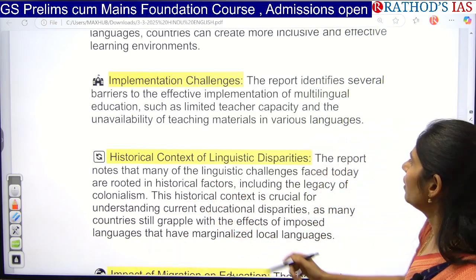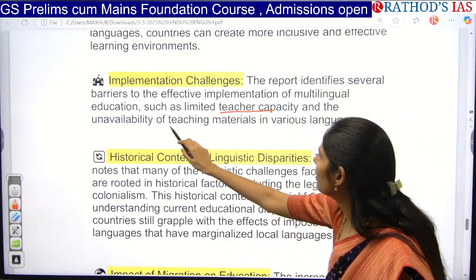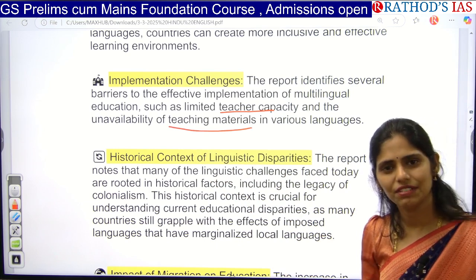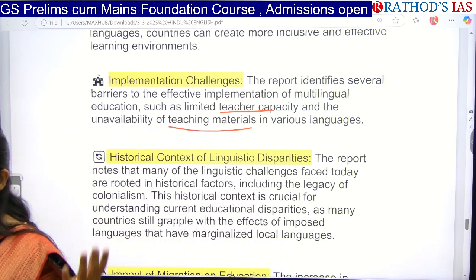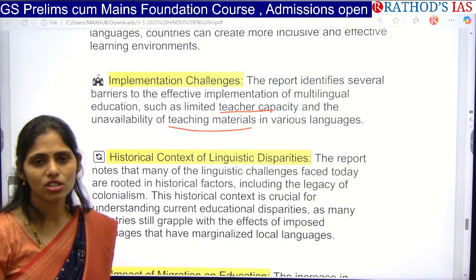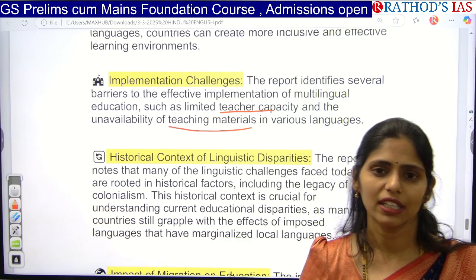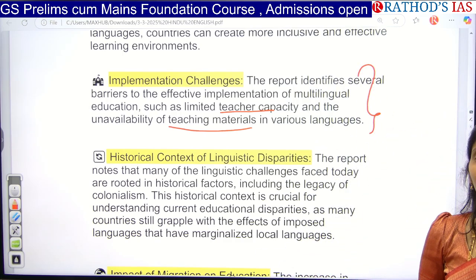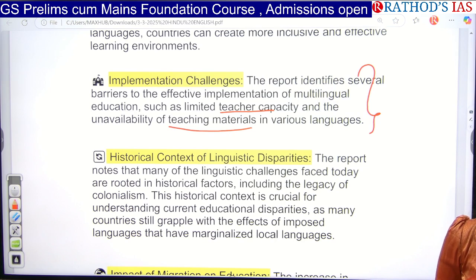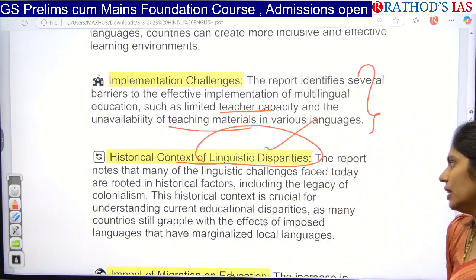So limited teacher capacity is also an important challenge, and unavailability of teaching materials in different languages is also very difficult. Even if students want to prepare for UPSC in Telugu, we don't get proper material in the market as we get in English, right? So these are the problems we will have. And one more point highlighted by this article is that historically there are a lot of disparities seen in this linguistic